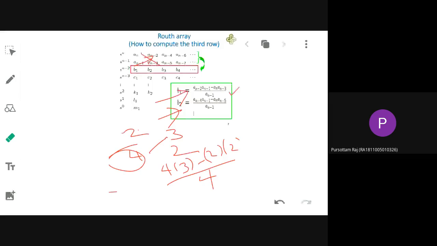Okay, now what about the next term? Suppose this term you have written like this. You need to fill up this term also. In order to do that, you take this column, and suppose we have 1, 0, these two you have to consider for doing the same multiplication again.